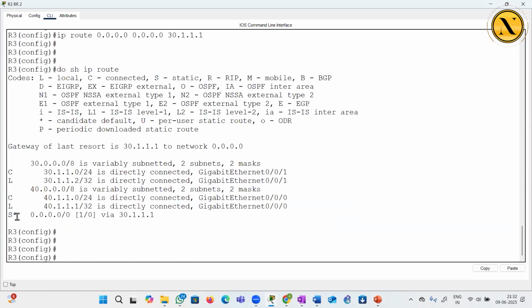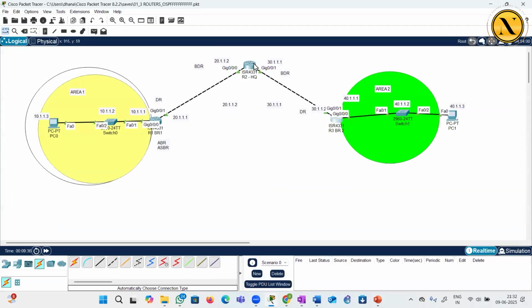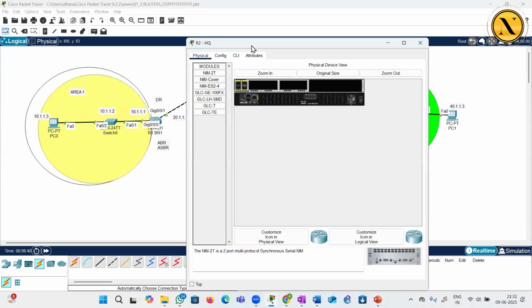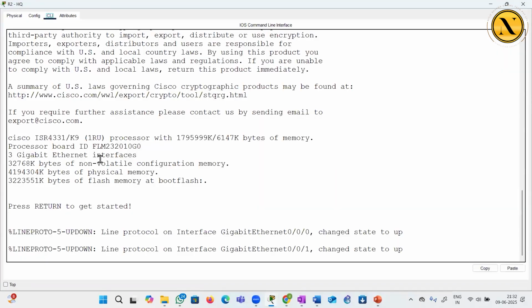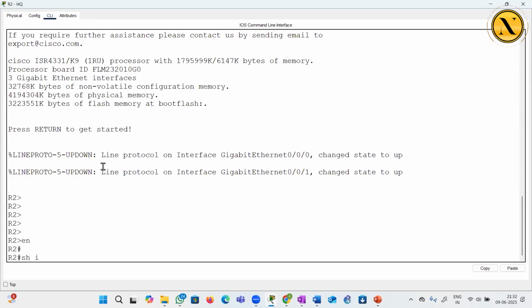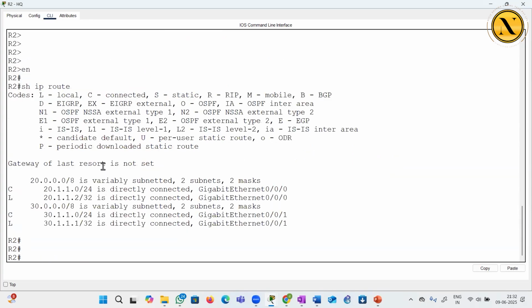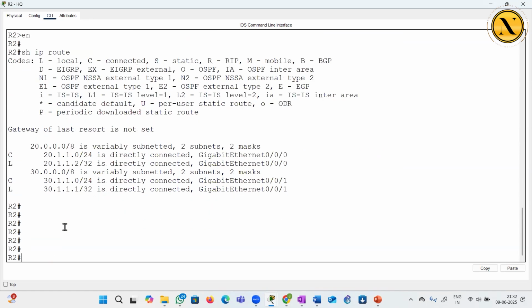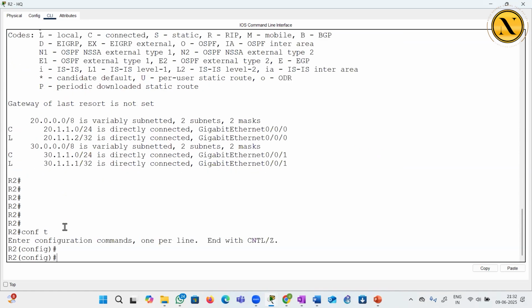Now I have a default route again. A star, static default. And now here I'll go and configure two static routes, one for 10, one for 40. That's the headquarters, right? So what I'll do is enable, show IP route. We have only 20 and 30, nothing else. So I'll say configure terminal, IP route. Now I'll configure one till